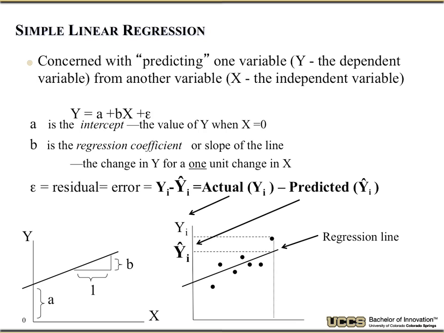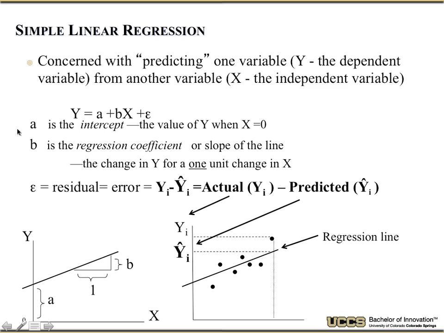Okay, so let's talk a little bit about what the errors are and what some of these mean. Simple linear regression is really predicting one variable, y, from the other variable, x. And our function is written down as y equals a plus bx plus e, or epsilon. Now this is a form of the line. This is really y equals mx plus b. When you learned about lines, that was the first form of a line. Y equals m, which is in this case b, so just a difference of labels, bx plus a plus epsilon.